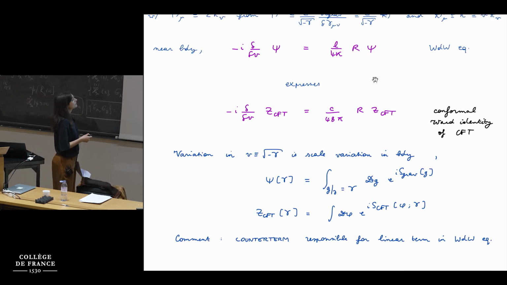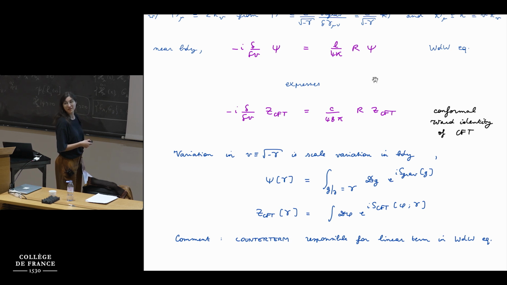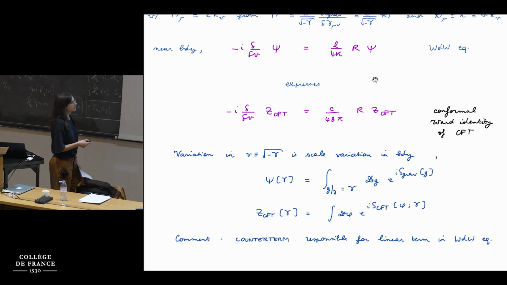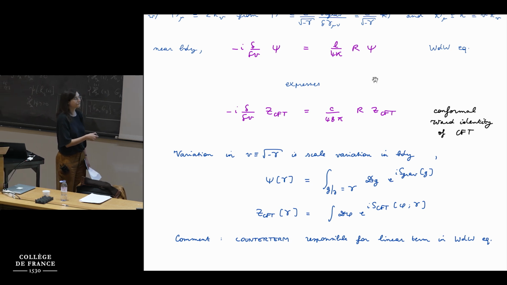Okay, so the variation in V in the dual CFT is a variation of the scale of that theory. Just to make clear, the gravitational wave function depends on gamma through its boundary condition, as we discussed. And that boundary condition sets the source dependence of the CFT, the holographic CFT, with the holographic CFT partition function depending on gamma as a background geometry or source.